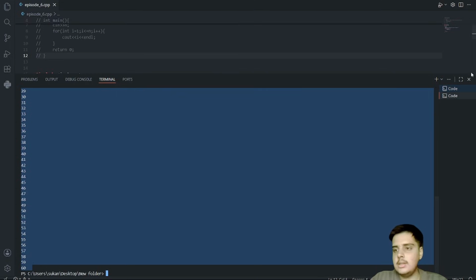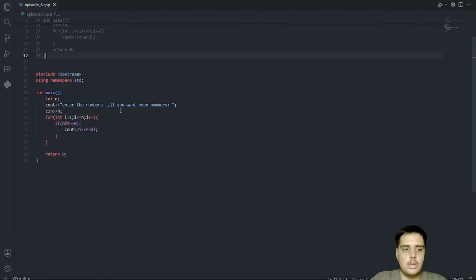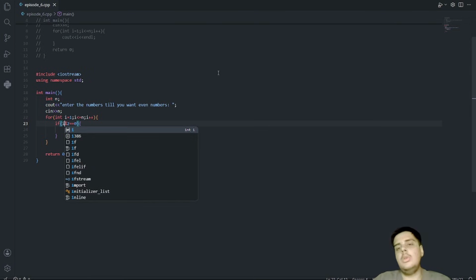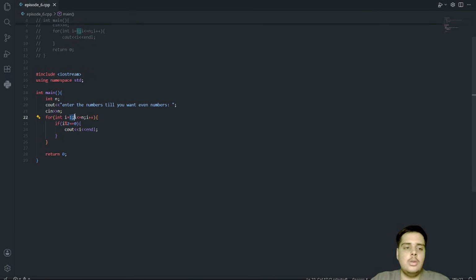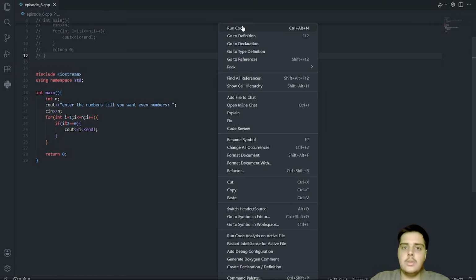The reason behind this is very simple. In the question, i is going from 1 to n, and if I want only the even numbers, I will use i modulus 2. The input should be i modulus 2, not n modulus 2, because the value of i is increasing, not the value of n. That was the tricky thing.